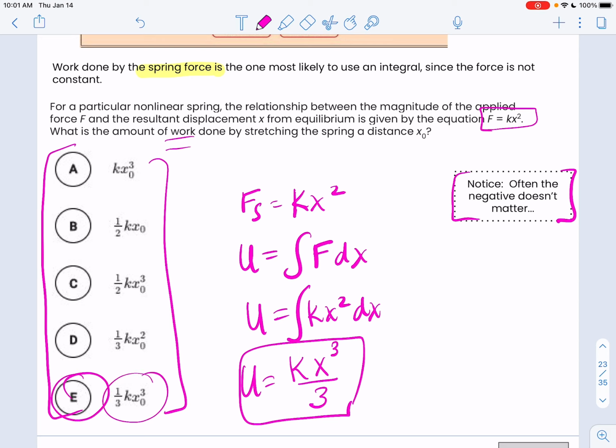Okay, right? So don't freak out too much about the negative. Just kind of go with it. And then in the rare cases that it matters, you know, then we'll see. Okay? All right, I think that's